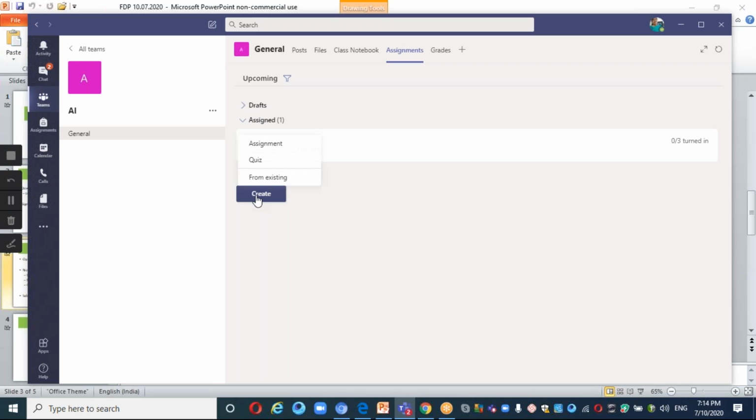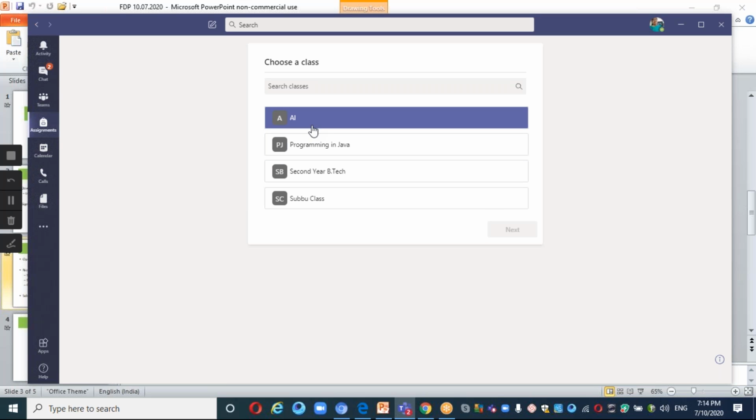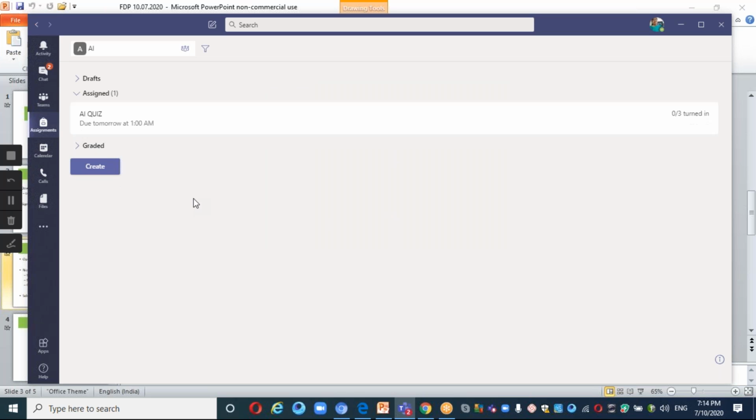Go to create once again. That is, I have to go to assignments. Go to AI. I have given the assignment in the form of a quiz. Now I want to give an assignment in the form of a writing assignment, which they have to upload for us and we have to evaluate. If that is the case, go to create, give assignment,